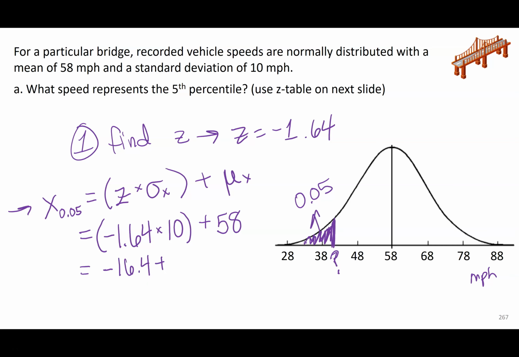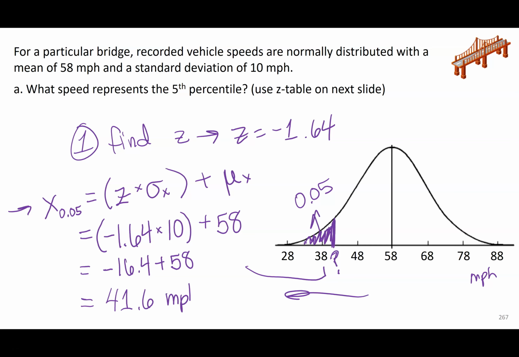And right off the bat, this tells me this is going to be lower than 58, which it should be, right? If I'm looking for the 5th percentile, because the 50th percentile is at the mean. Because it's perfectly symmetric, that means half is lower than it. So I definitely know it has to be somewhere over here. Do some math here. Something like 41.6